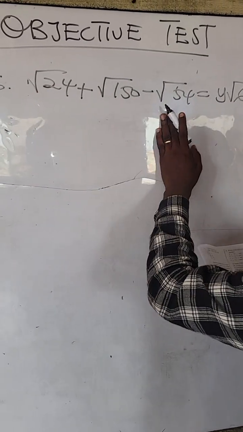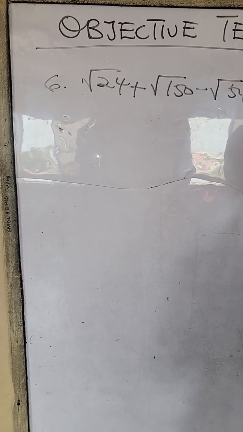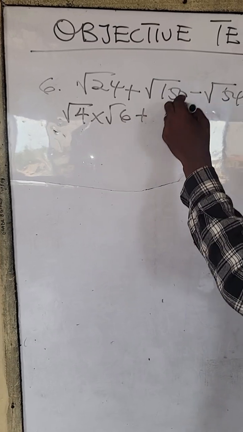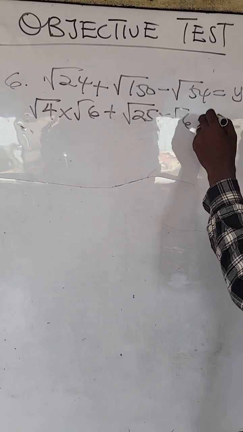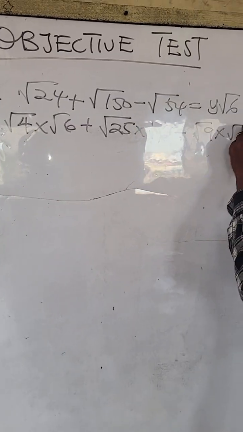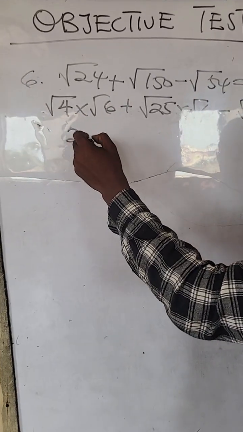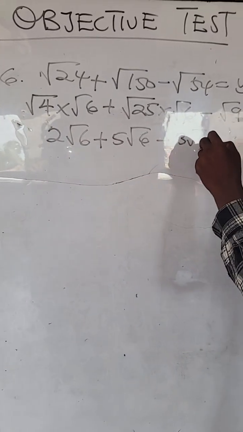So we have to simplify this. The perfect square that divides 24 without a remainder is 4. So that becomes root 4 times root 6. 150 is also 25 times root 6. 54 is also root 9 times root 6. And that's y root 6. So root 4 is 2, so 2 root 6 here, 5 root 6 here, 3 root 6 here, and that's